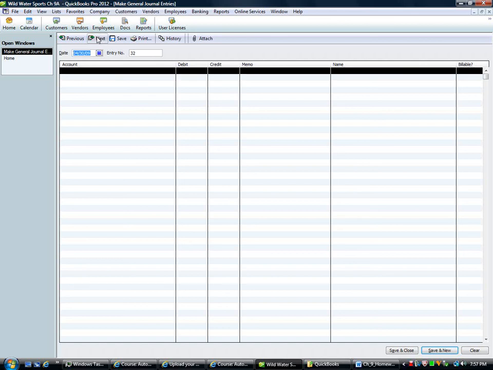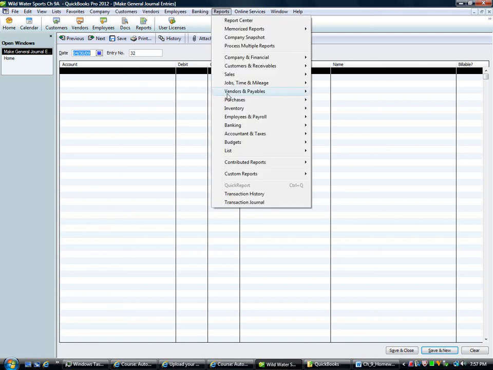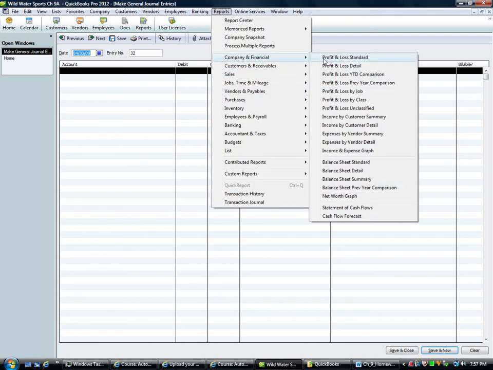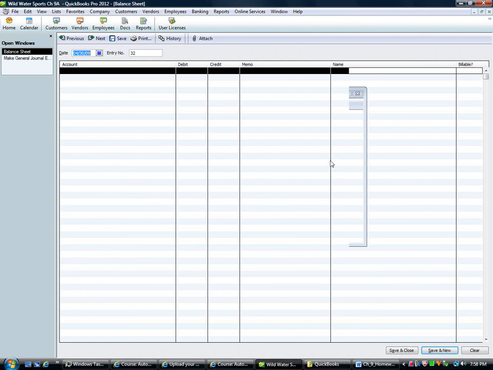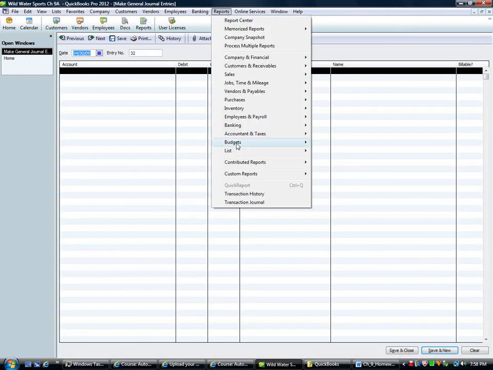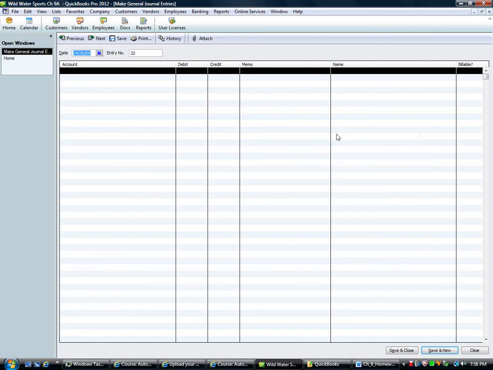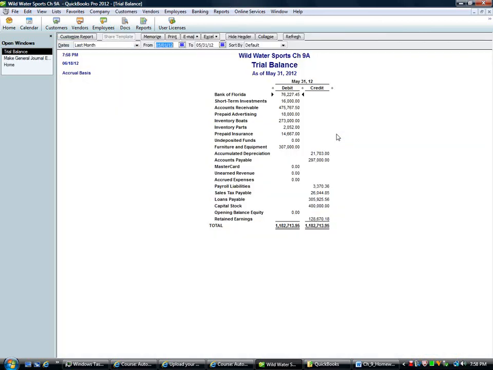Okay, reclassify the deposit of 16,250 received from Buena Vista Water Sports to unearned revenue. So this is what I want to show you real quick. If I go to reports, we go to company, and we go to let's take a look at the balance sheet. Well, let's take a look at it like a trial balance. Reports, accounting, trial balance, and we go to